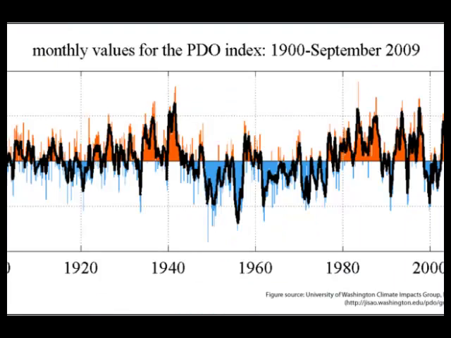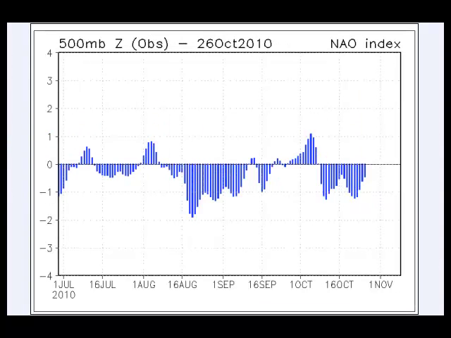Now this, I know the edge of this at current time is right off the edge of the right side of the video, but this is the PDO, the Pacific Decadal Oscillation. Typically, this is a decades-long oscillation, and through the 80s and much of the 90s, we were in the warm phase of the PDO. Now we've gone back to the cold phase, and this is going to be a cold phase PDO winter. The NAO, this is the North Atlantic Oscillation, so we're talking the Atlantic Ocean now.